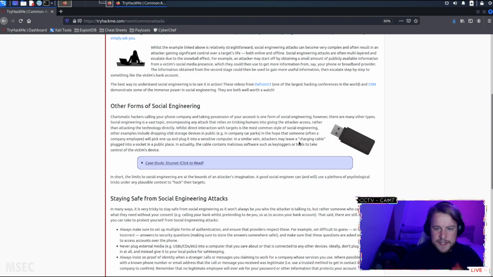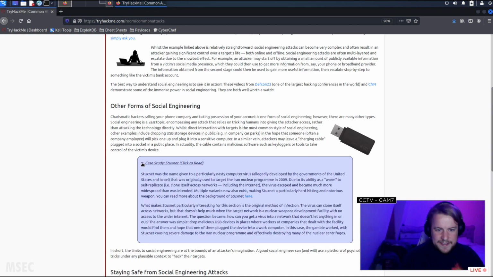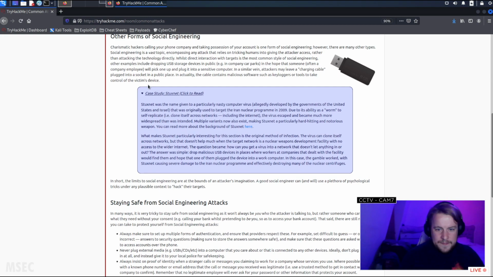In a similar vein, attackers may leave a charging cable plugged into a socket in a public place. In actuality, the cable contains malicious software such as keyloggers or tools to take control of the victim's device. Why have they linked to Stuxnet for that? I don't know if this was ever actually proven to be the infection vector, but